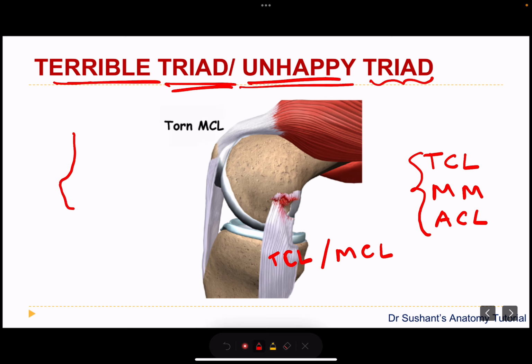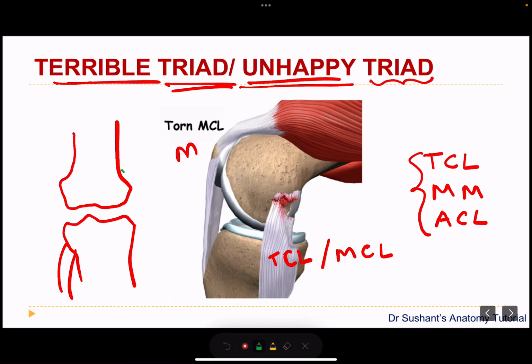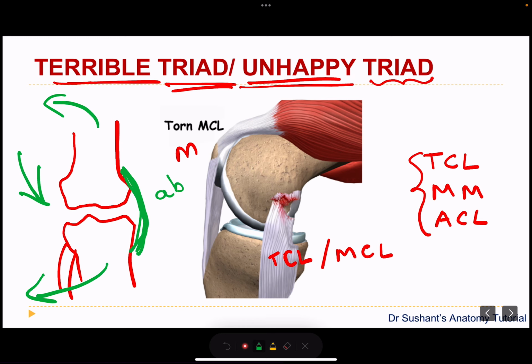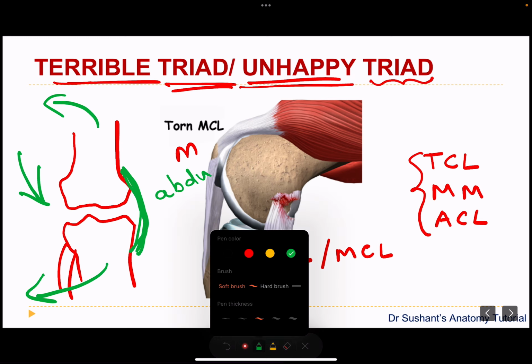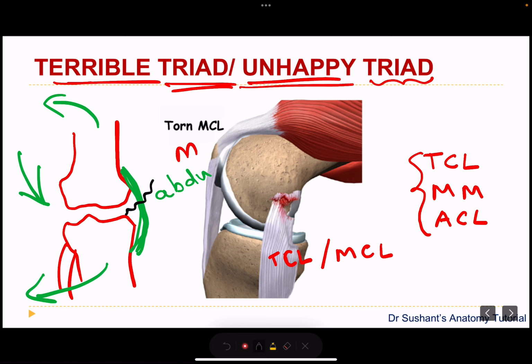So you have the femoral condyle, you have the tibial condyles. You say this is lateral, this is medial. So here is your medial collateral, the tibial collateral ligament. So when you get a blow from this side, the bones will move like this, resulting in a forceful abduction. This forceful abduction will cause tearing of the tibial collateral ligament, and we know the tibial collateral ligament has its